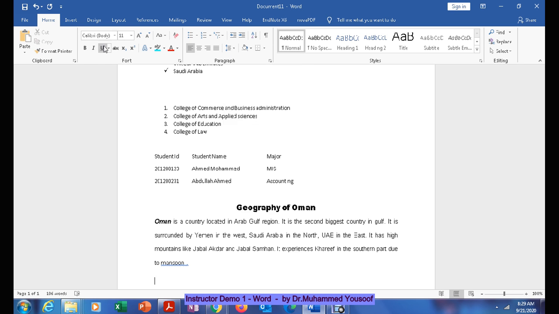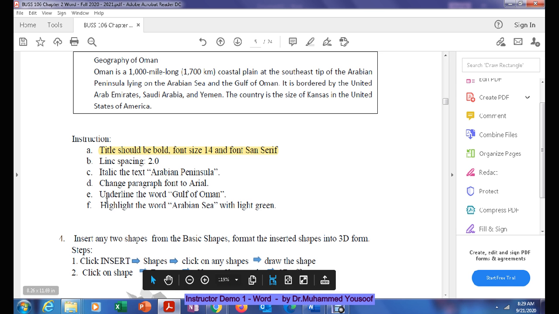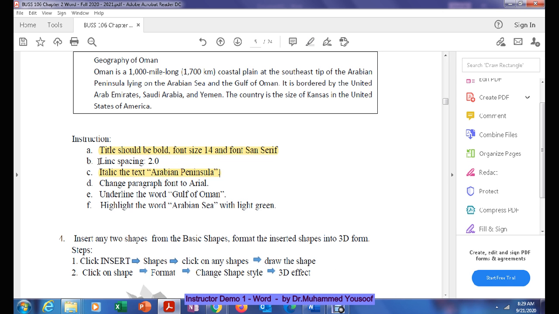To change the font to bold italic, you have seen. Now going back here, you can see you did this one, italic. You know how to change the line spacing. This is also clear for you now. Then you change the paragraph font to Arial. This you have done already.